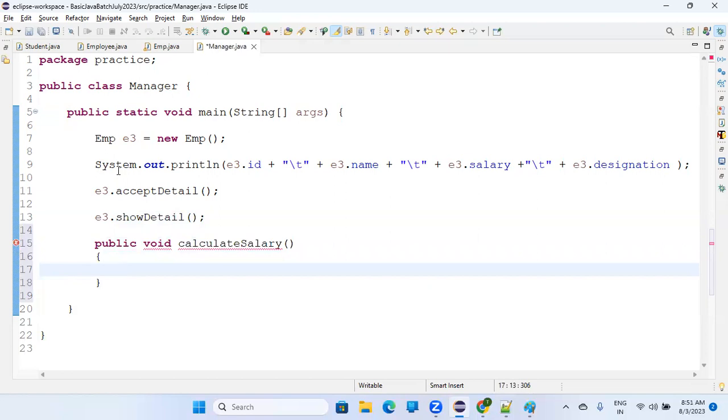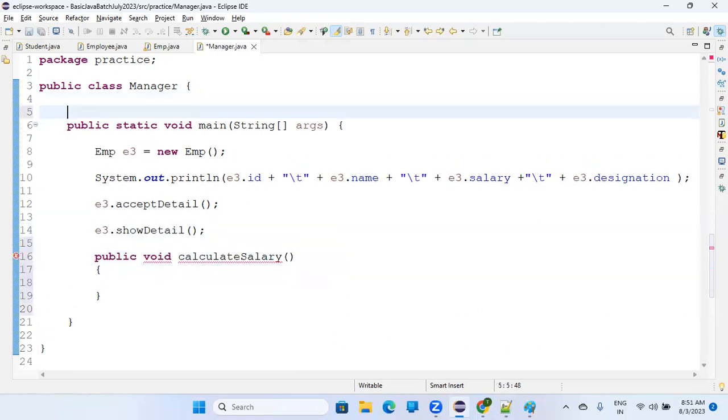Here in the calculate salary, let's keep it will be this dot. Okay, it is not saying you this dot anything because you have not created anything here for the class level